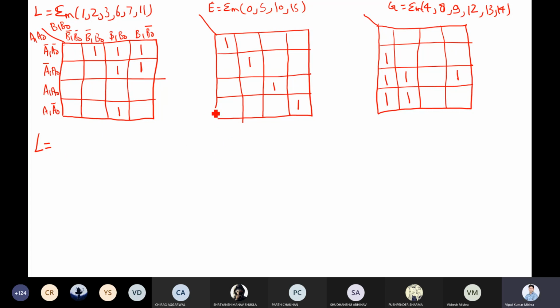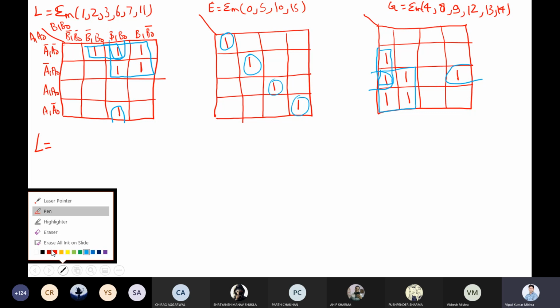Okay, so now could you give me the equations? Let me make the mapping here. So this will be one quad. Then we will have one pair here, another pair, another. For this, you don't have any choice, so go individually. For this, we have one quad and two pairs, and one pair here, right? Okay, so please give the equations if you have done.